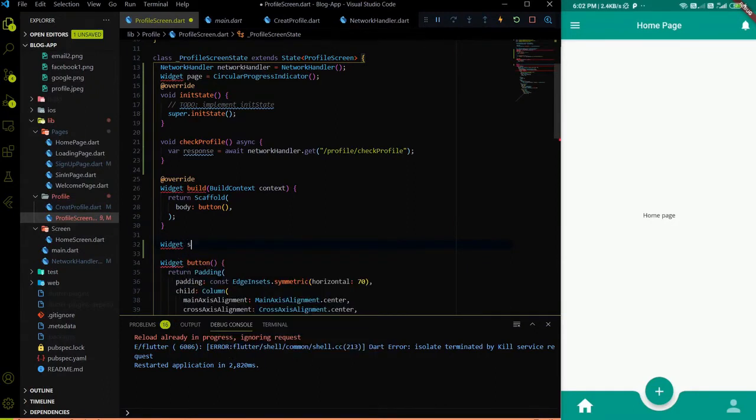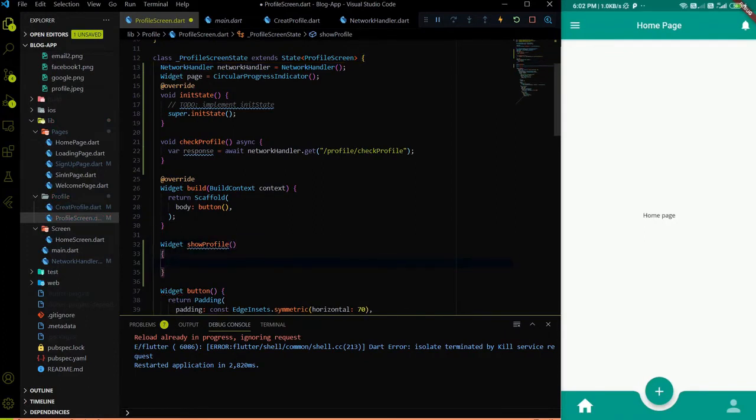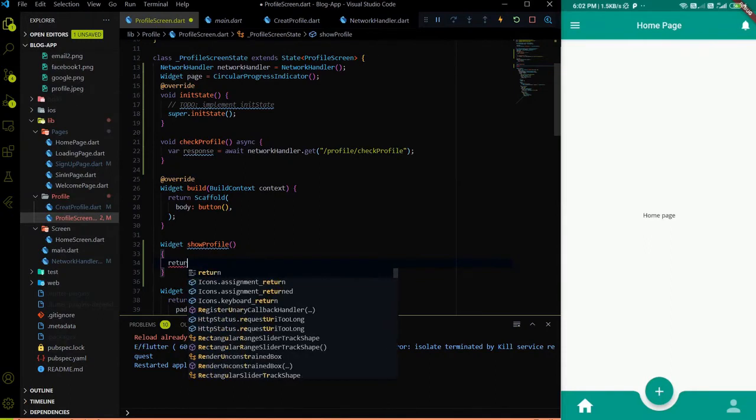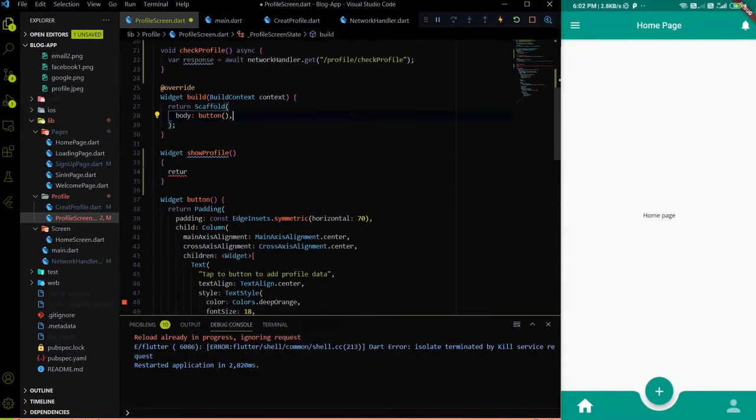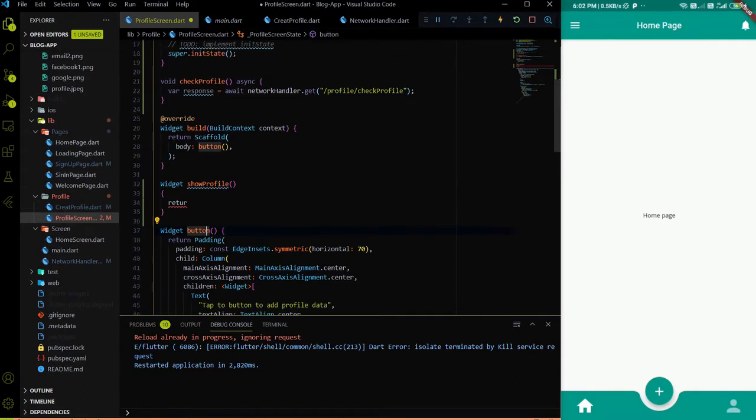You know that if we get profile data, then we have to show the profile data on the profile screen. As we are doing on the button widget, if there is no profile data available, then we are showing a button right now. If the profile data is available, then we will show the profile data, and we will create a profile screen for that.